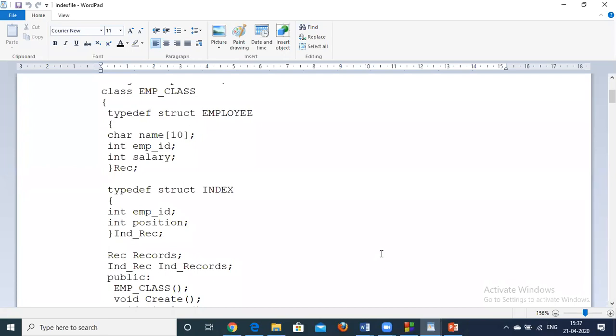Or if you want to physically delete the record, you can do so and update the index file also that that record is not present. Otherwise the flag can be set to deleted so that you will not be accessing that record which is present in the data file. So in this way you will be creating both these files.